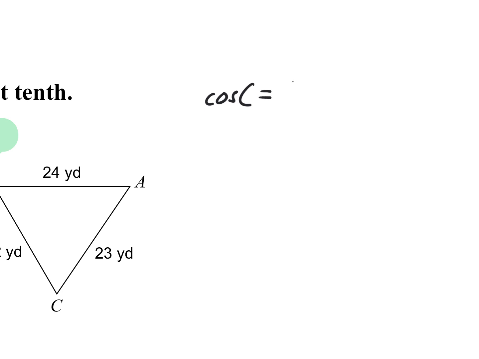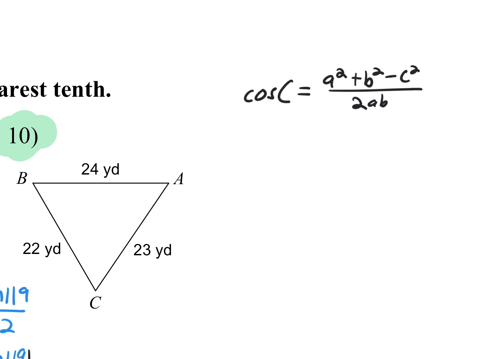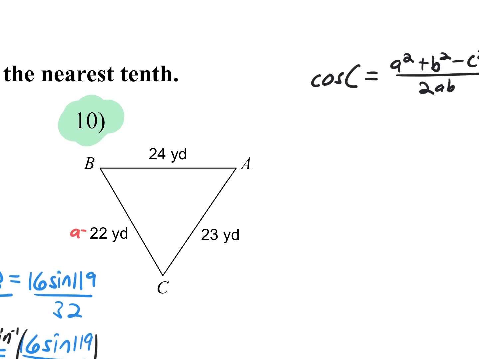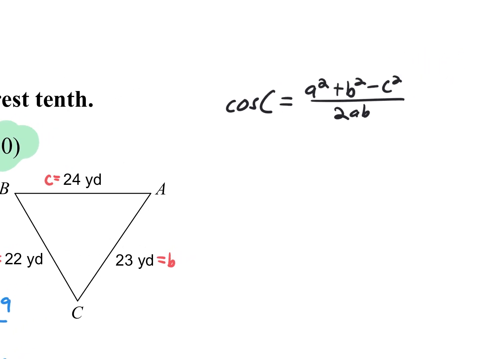So it's going to be cosine of C is A squared plus B squared minus C squared over 2AB. So we're going to plug that in. So we have A is 22, B is 23, and then C is 24. All right, remember, label the sides opposite of the angle. So let's plug all this in. All right, we're going to get